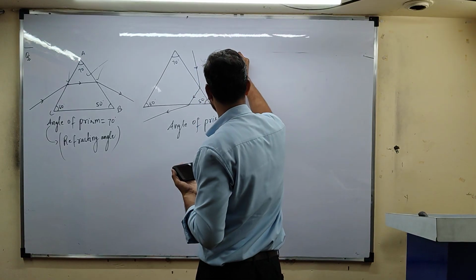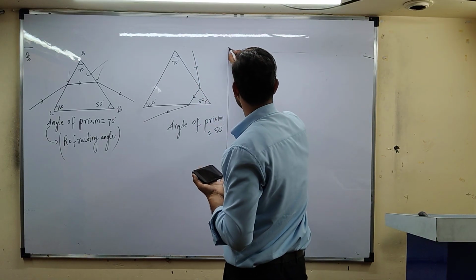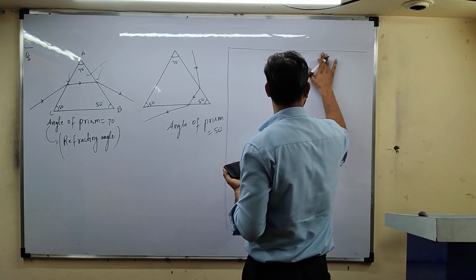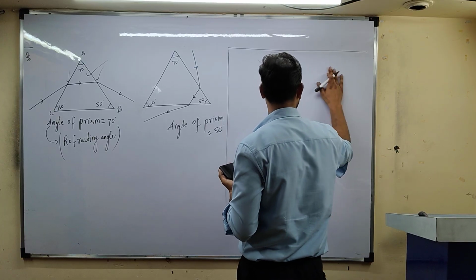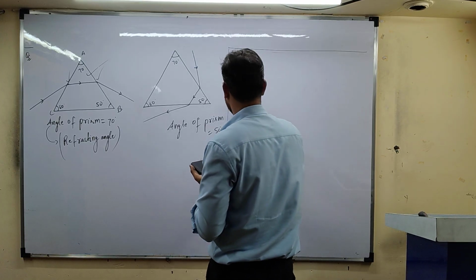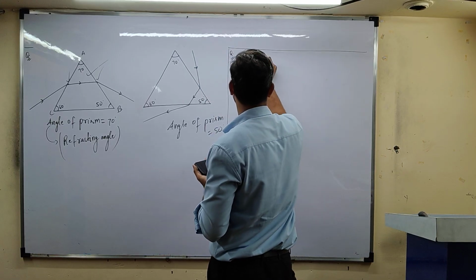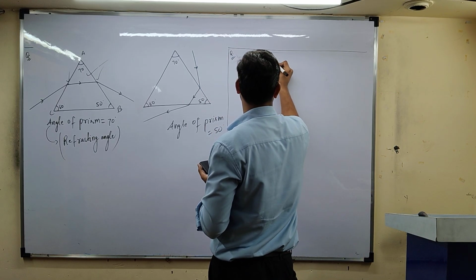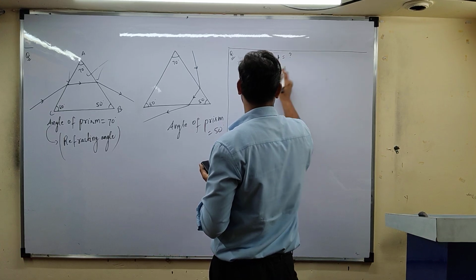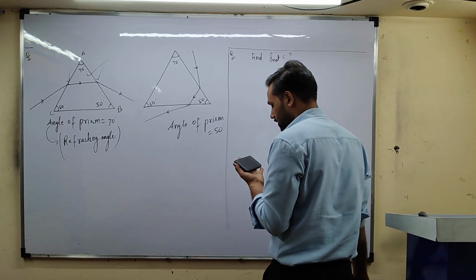अब यहां पर निकालना है आपको नेट डिविएशन, अगले क्वेश्चन। अब आप लोग समझ चुके हो कि यहां पर एंगल ऑफ प्रिज्म क्या है। चलो पहला सवाल देखो क्या कह रहा है, फाइंड नेट डिविएशन। नेट डिविएशन आपको बताना है इसके अंदर, ओके।